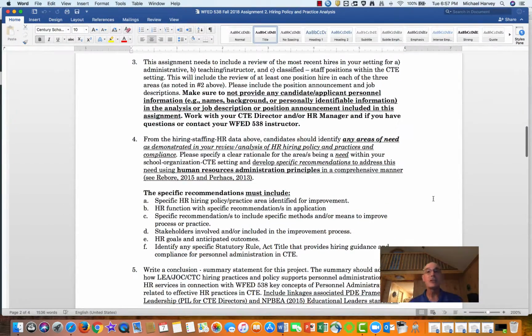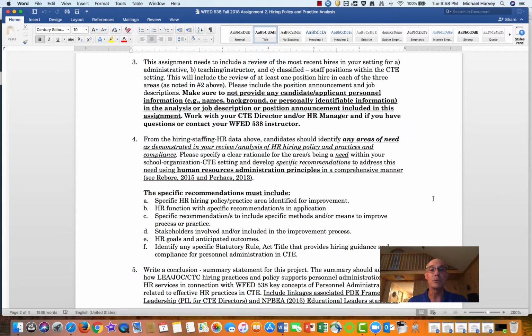The assignment needs to be a review of all of these areas. It needs to include administrative, teaching, instruction, and classified staff. It also needs to make sure that there is a position description, and in doing so, please make sure that no candidate or applicant personal information, background information is included. This is an overview of how these jobs were advertised and the process that occurred in selection and actually induction